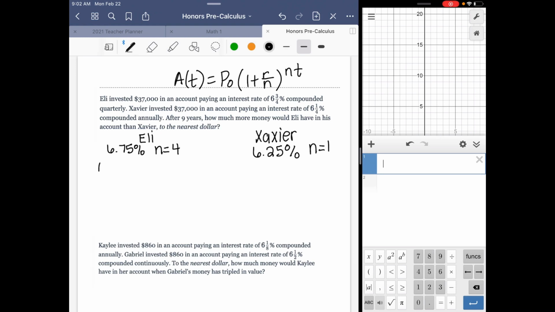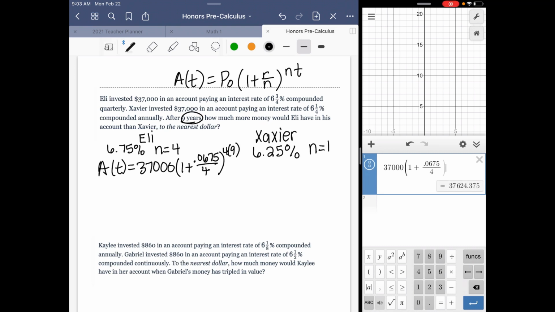So I have A of t, my initial value is 37,000. 1 plus my rate is going to be 0.0675 over 4 raised to 4 times, and the time is 9 years. And I'm just going to plug that straight in. And we have 4, and we're going to raise that to 4 times 9, or 36. We'll just go ahead and convert that to 36. So Eli has approximately 67,582.50